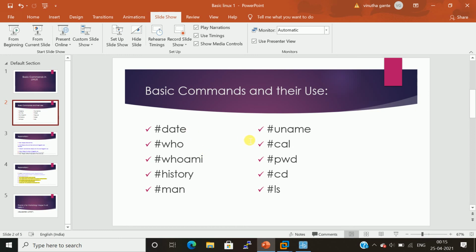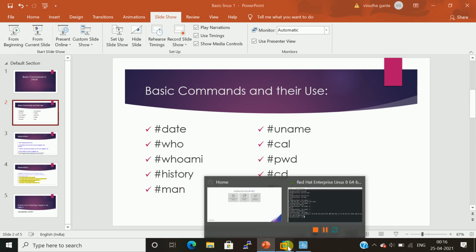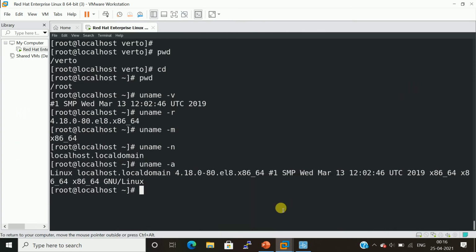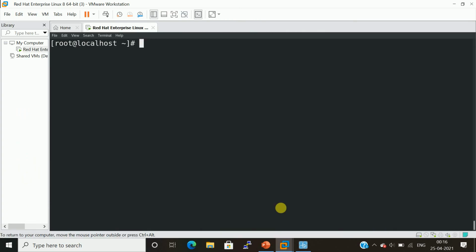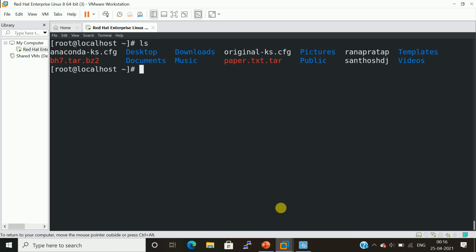So let us see which commands we have missed. Date completed, uname completed, calendar completed, pwd, cd. So man and ls are pending. Let us go with the ls command. The ls command will list out all the files, documents, and even the directories.